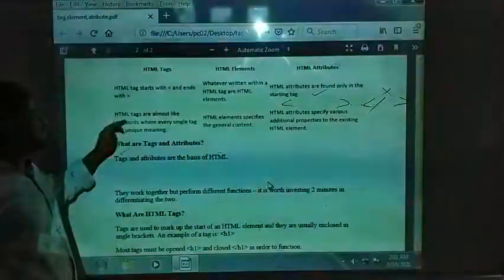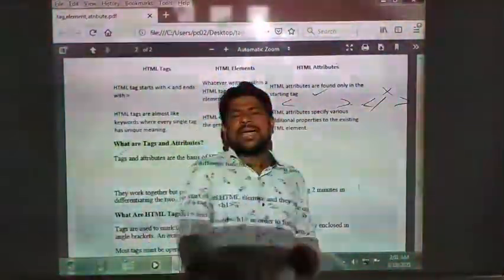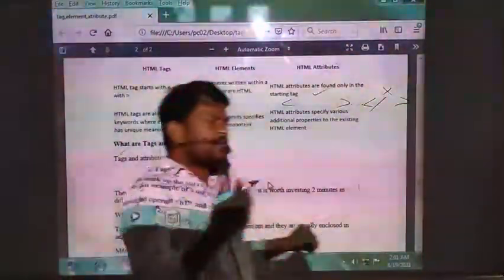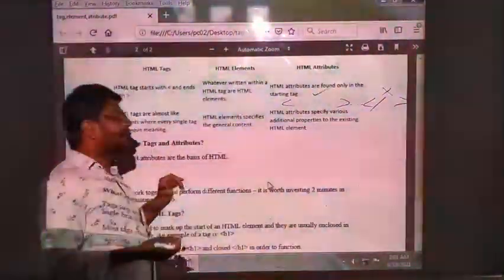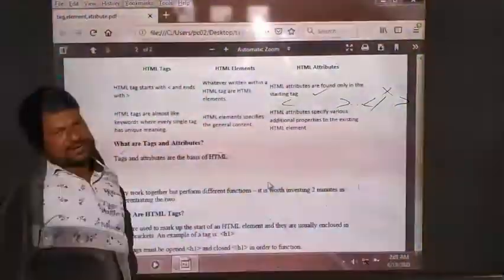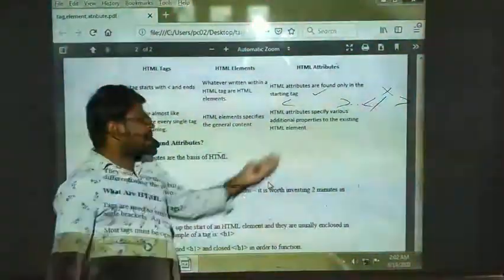And HTML tags are almost like keywords. These tags are all different. Each tag has its own features and its own speciality. Elements specify the general content. What is the purpose of using these elements will be specified. And what are the attributes?